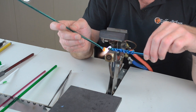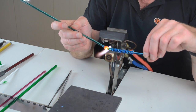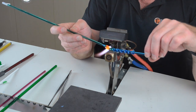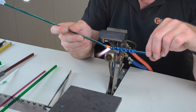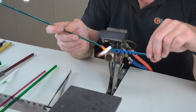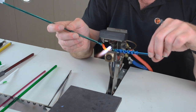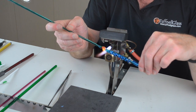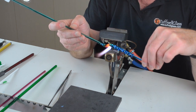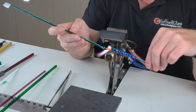And now the only part of the bobbin that is a separate piece of glass is the eye. And so I'm just going to tack on the rod here, and I'm going to pull this eye out about 3 times bigger than I actually want it, because I'm going to melt it in and create strength in the eye as it starts to shrink back. I'm going to go around the other side